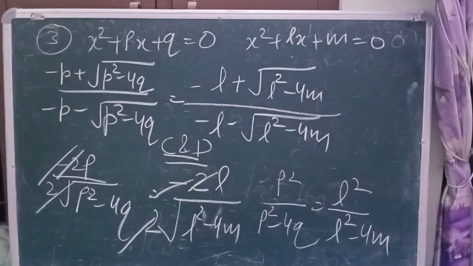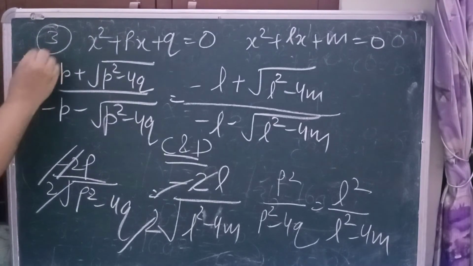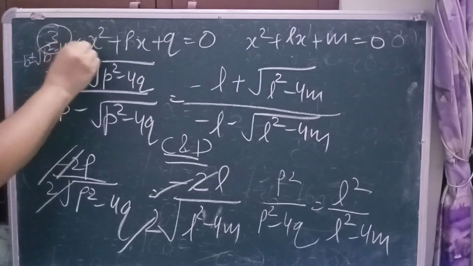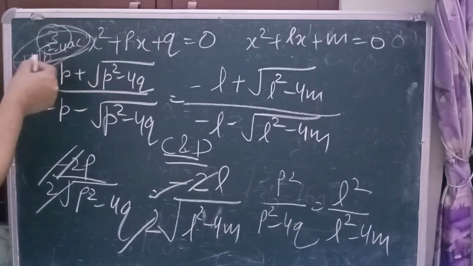Here question number 3, it was given x square plus px plus q is equal to 0 and x square plus lx plus m is equal to 0. They have given the ratio of the roots. As you know that by Sridharacharya formula we are always finding out the roots, that is always minus b plus minus under root b square minus 4ac upon 2a. That is the way to find out the roots. So here